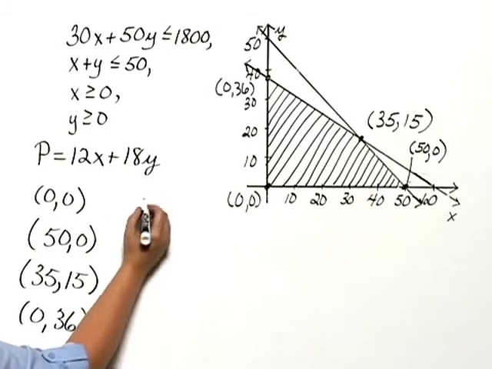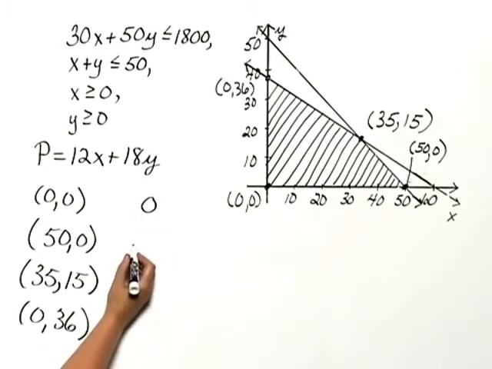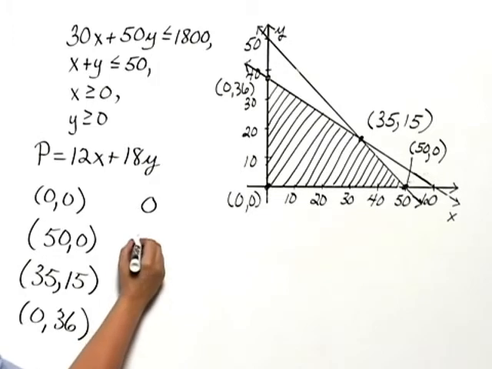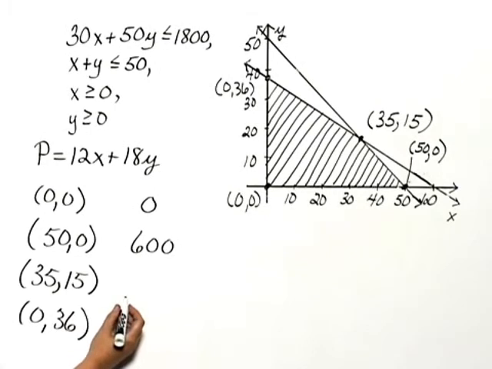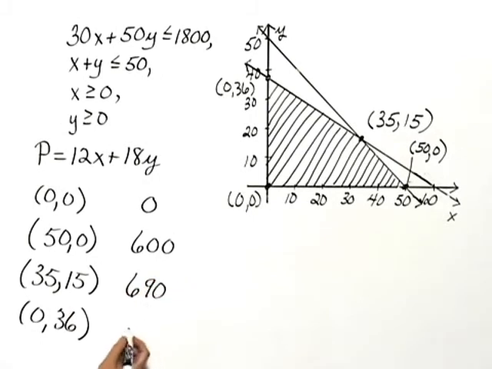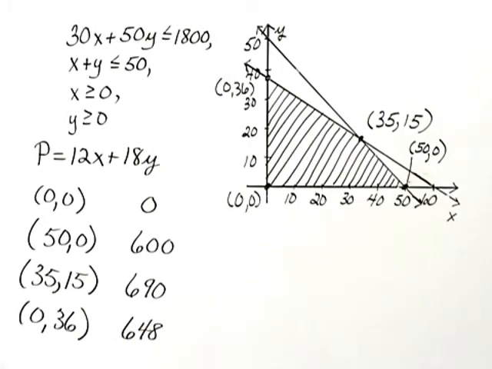Well, this would be 0 plus 0, which would give us 0. This is 12 times 50 plus 18 times 0, which gives us 600. This is 35 times 12 plus 18 times 15, which gives us 690. And last we have 12 times 0 plus 18 times 36, which gives us 648. Now once we've done that, the answer is found by simply looking through these numbers and choosing the largest one. If we wanted to minimize it, we choose the smallest one. This is the maximum profit that we can make, and this tells us how many manicures and how many haircuts